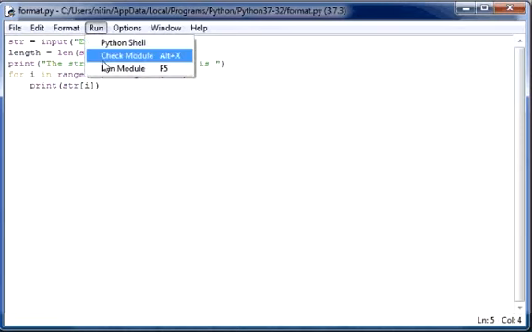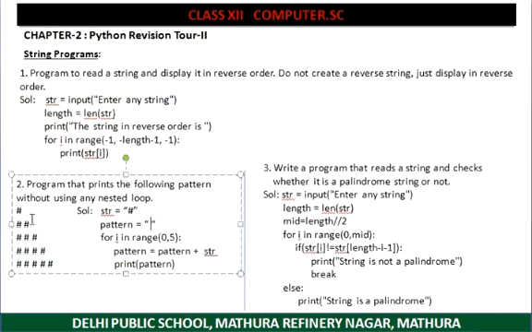Take another variable with an empty string. Now here the hash is in 5 lines, so we need to execute the for loop 5 times. The for loop will start from 0 and go to 5 minus 1, that is 4. So the first time the value of I is 0.